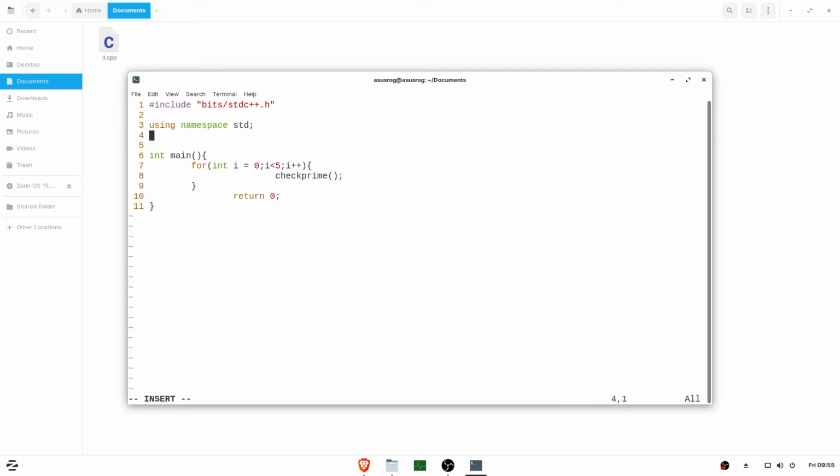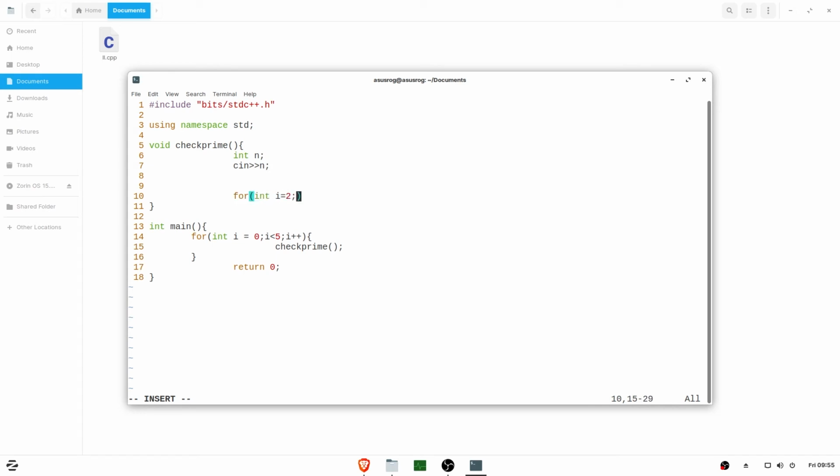Now let me declare this function check prime. We'll take a number n as input, right, and then we'll run a for loop from 2 till i is less than or equal to square root of n, when we'll do i plus plus.